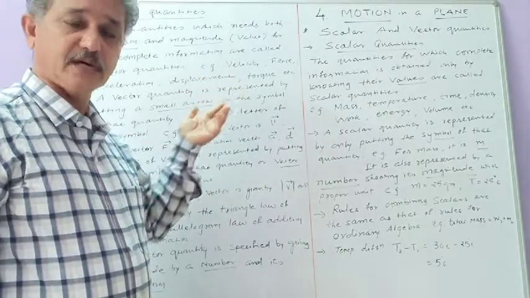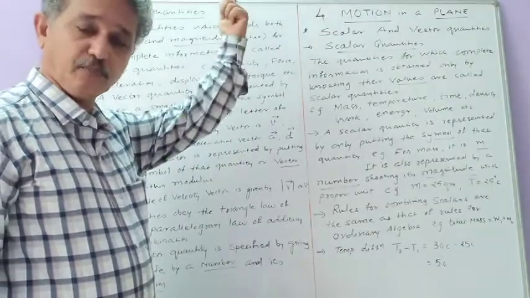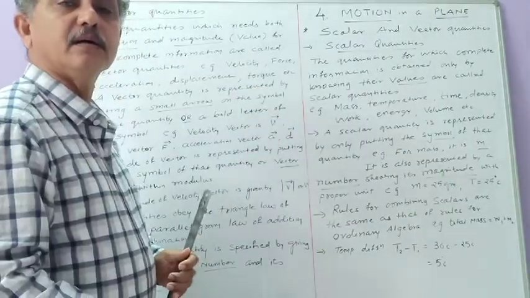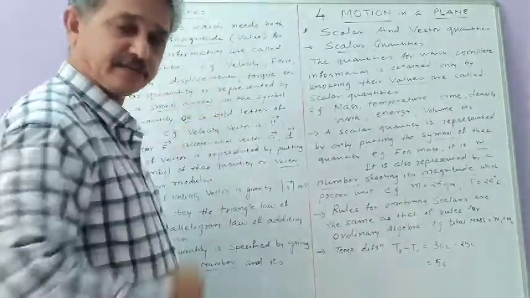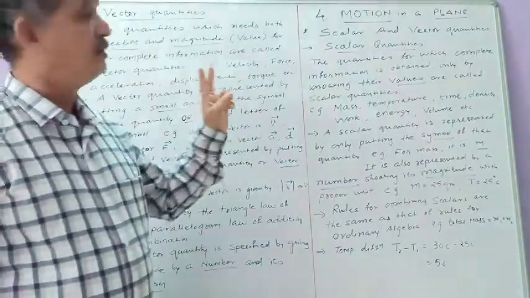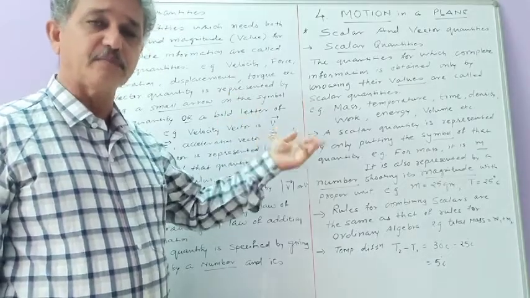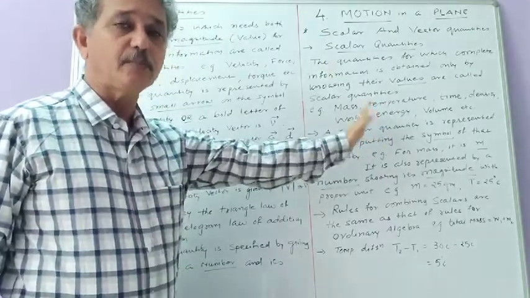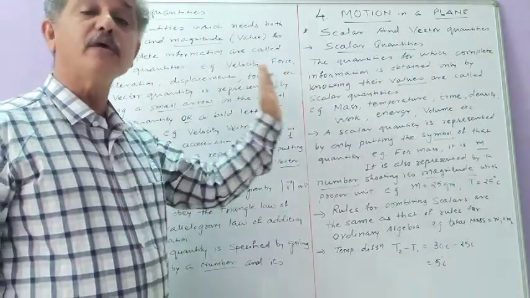One dimension, that means either along positive x-axis or negative x-axis, in upward direction or in downward direction, in the coming out direction or going inside direction. It means what? The motion of a particle in straight line direction, there are only two possible directions. One can be said as positive, another can be said as negative. If it is moving towards the right side, you denote it by positive sign. If it is moving towards the left side, you denote it by putting the negative sign.